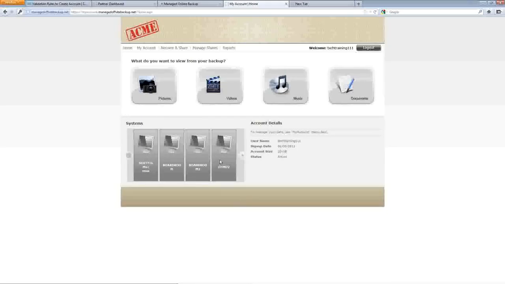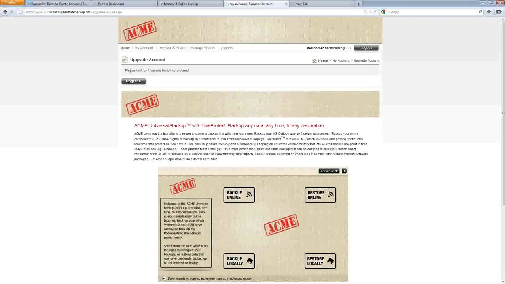So you have all the machine names down here. Gives you some basic information. I can change my password or upgrade. Upgrade just goes back to your main website. So if I were to hit upgrade account, it's going to take me to this page. Actually, for this demo purpose, this was a legacy landing page, so it actually just takes you back to the